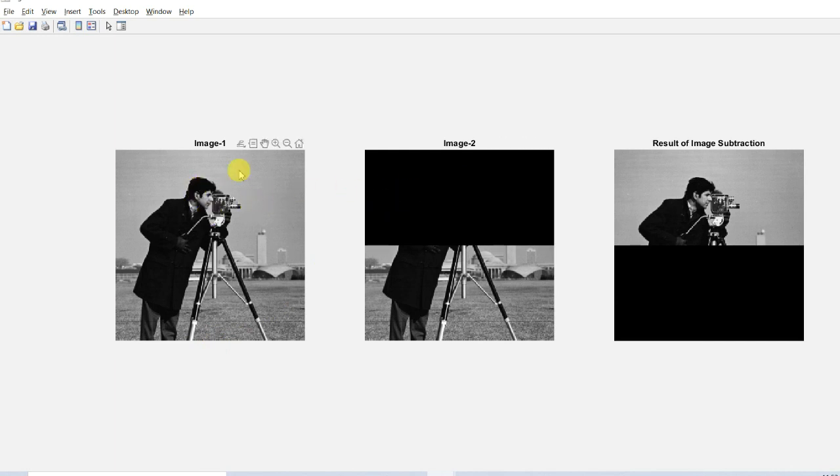So image 1 minus image 2 gives the result of image subtraction that we have displayed here. You can see that whatever the pixel intensity is at a particular location, it is minus 0 at the corresponding location in image 2. Any pixel intensity minus 0 results in no change. So the upper half of cameraman.tif will be generated into the output image as a result of image subtraction. What happens to the next half?